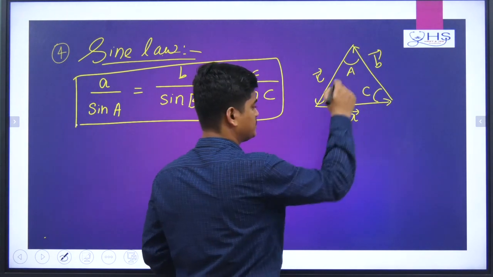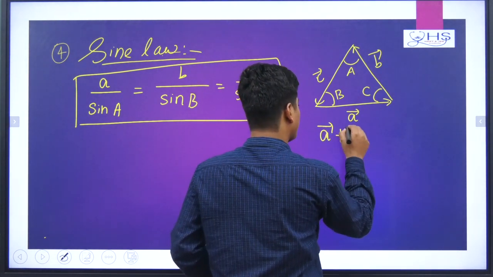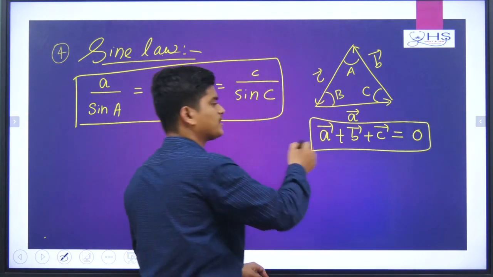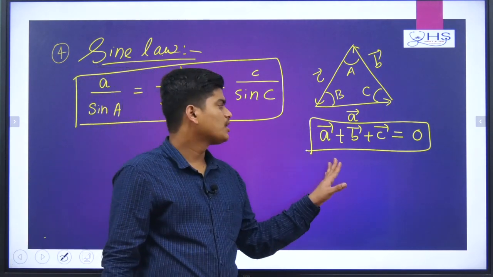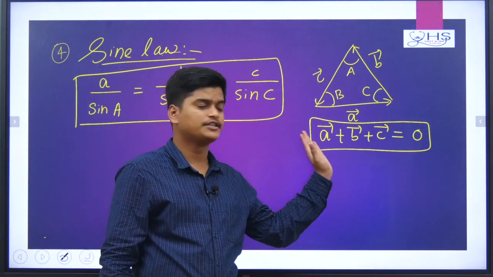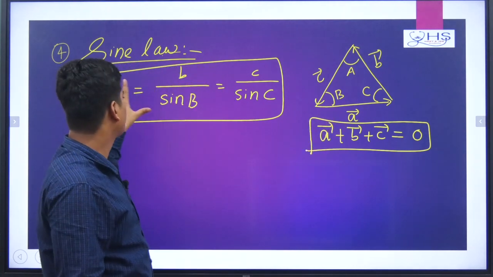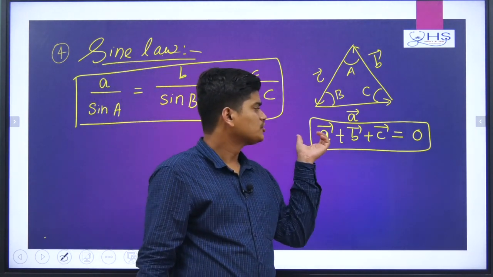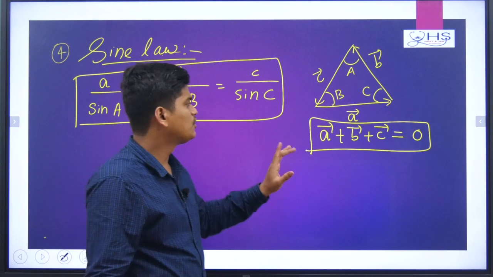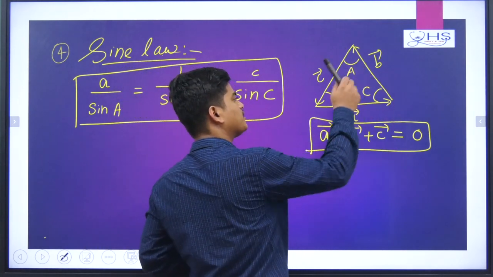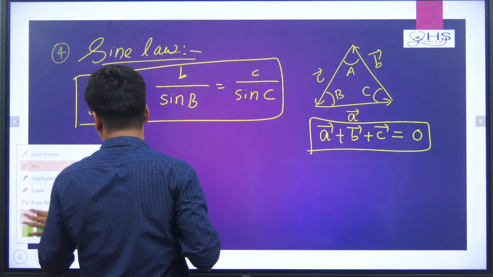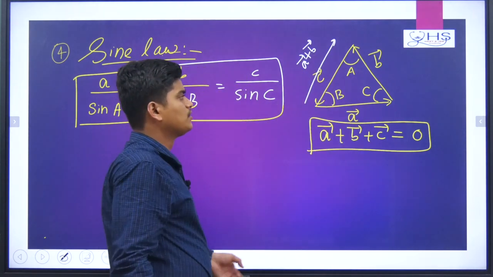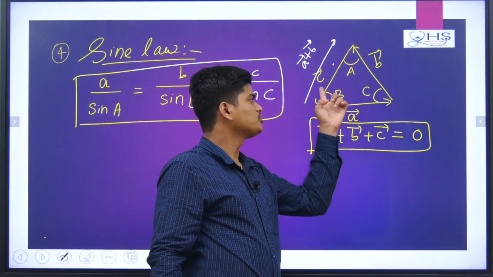Now here, if a triangle is given like this, then I can write A plus B plus C is nothing but how much? It is 0. Then I can take the cross product, A cross this total vector, then I can get some relations in sin A, sin B like that. But here I am not interested in calculating that. So A vector plus B vector plus C vector equals what? Now 0, because you see the A vector and B vector, their resultant we can write in this way, which is nothing but A vector plus B vector. But here you see the C vector is exactly equal in magnitude but opposite in direction.